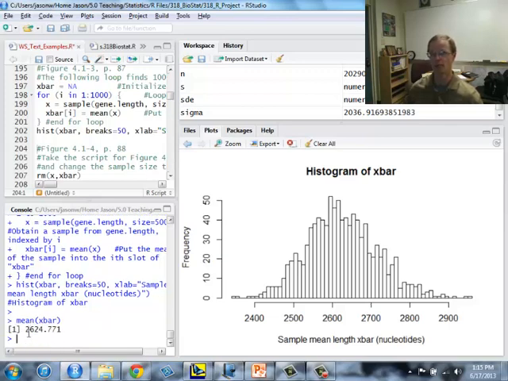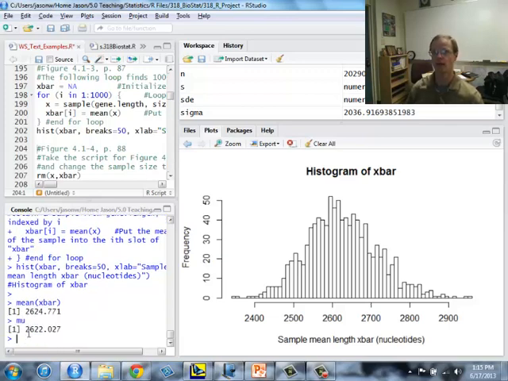And we've got 2624 and mu is 2622. So we are within 2 using this process. And this is an unbiased process that converges upon the true mean using sample means, which is remarkable. And so